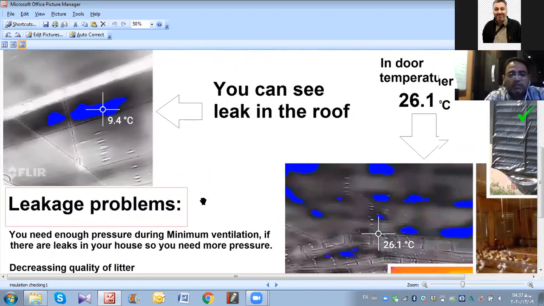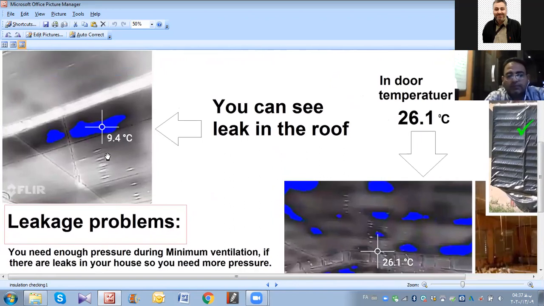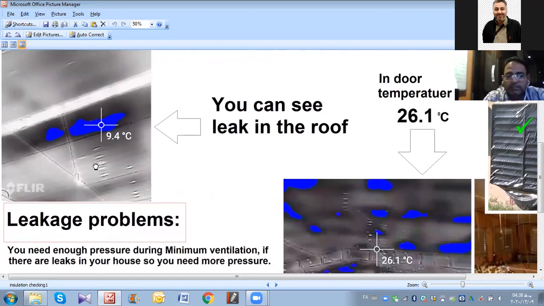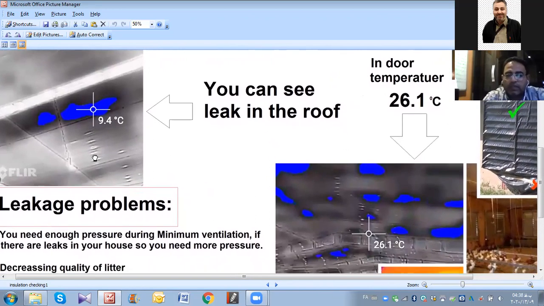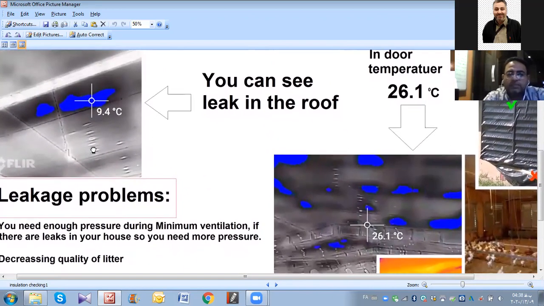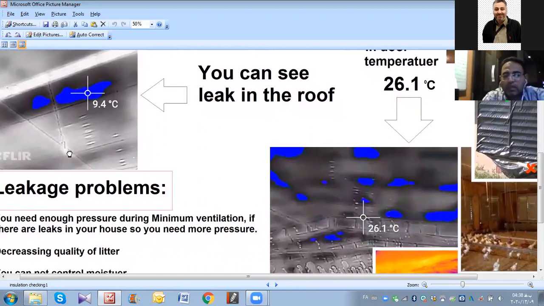Here you can see 9 degrees centigrade leakage from the roof, and this drops on the birds. This is a big problem for respiratory disease.